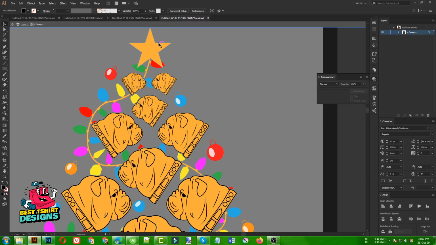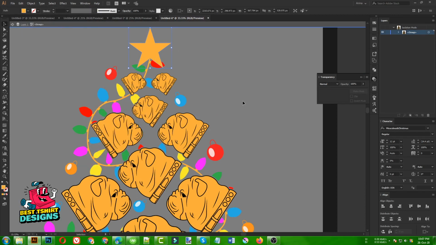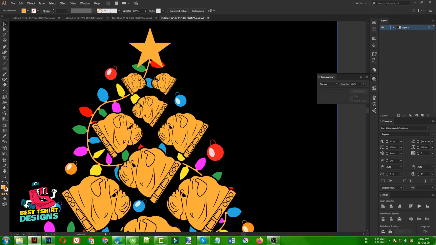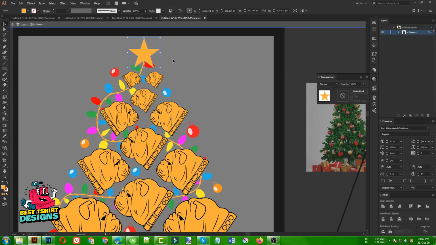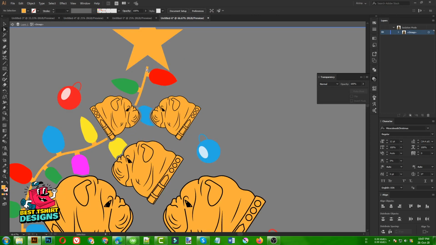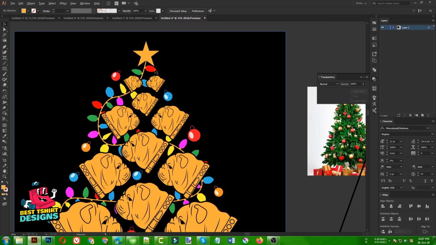So let's select our star tool again. Okay, I want this to start from the start, so I am not going to apply that effect for the star. Maybe I can simply select my star tool to bring it a little bit upward, just like this. Then I can select my direct selection tool to select that area. Then I can bring that up to match with my star, just like that. Okay, so that is good for me guys.